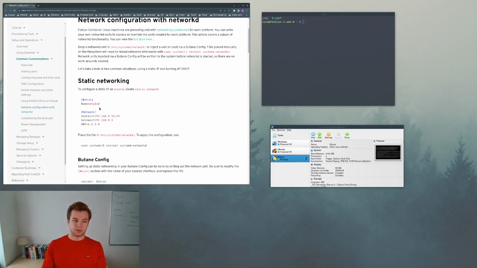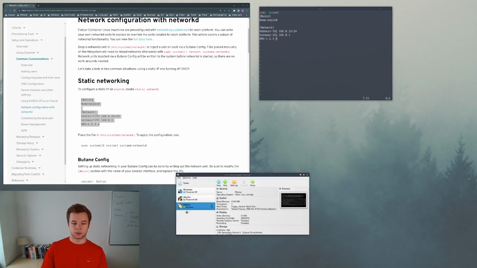Basically, we will create a static.network file. Let's create it as the root user. So sudo vim etc, then in the systemd directory, network, we create a file static.network. Right. And in this file, we can copy paste this small script here. But you have to be careful because, first of all, if I quickly return to my host computer,